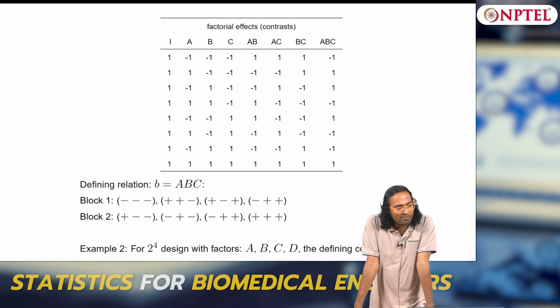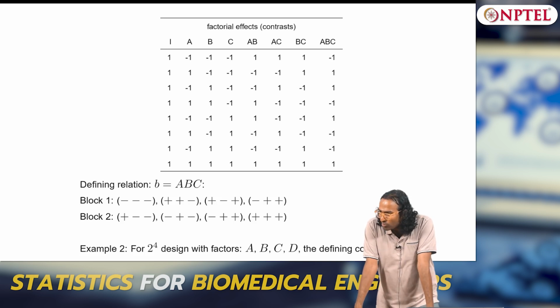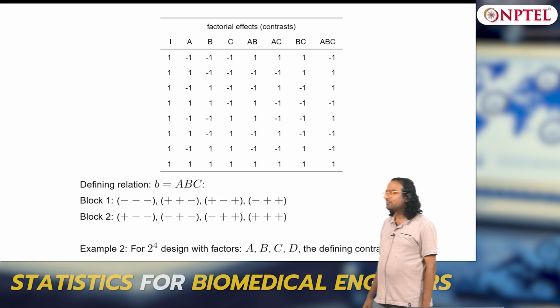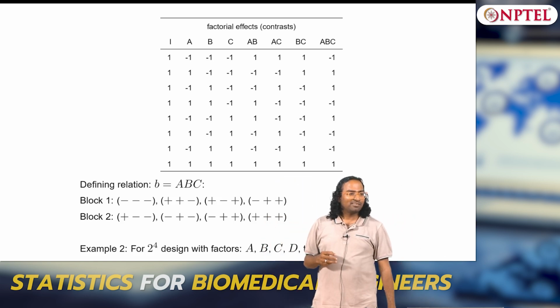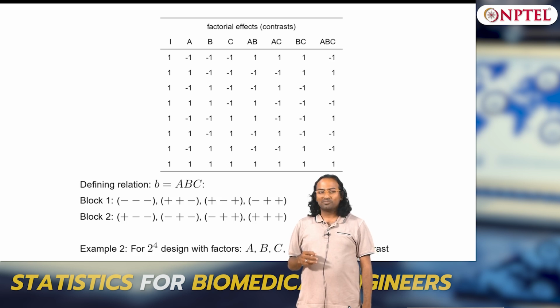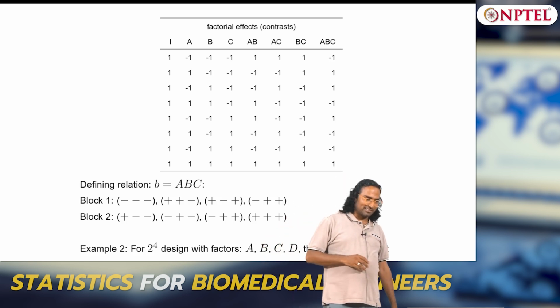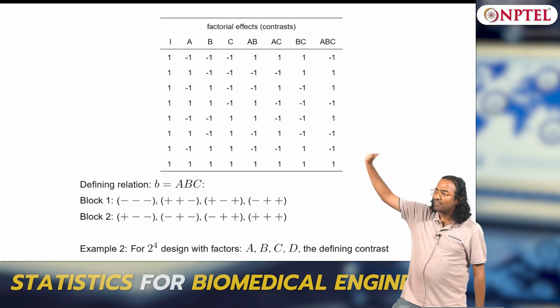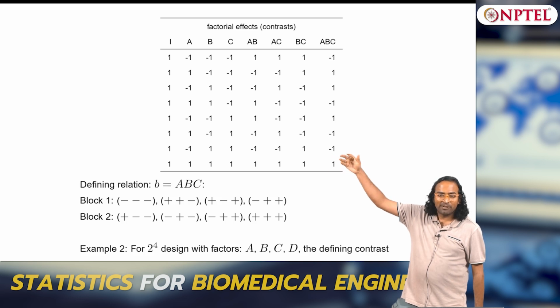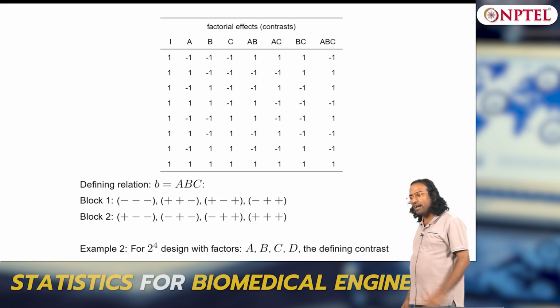Now, what is the highest level of interaction in a 3 factorial? 3 terms A, B, C. Is that going to have a significant effect? Maybe we can get a glimpse of it with AC. So the way to think about it is to sacrifice the highest order interaction, that is, keep the highest order interaction as the confounding factor.